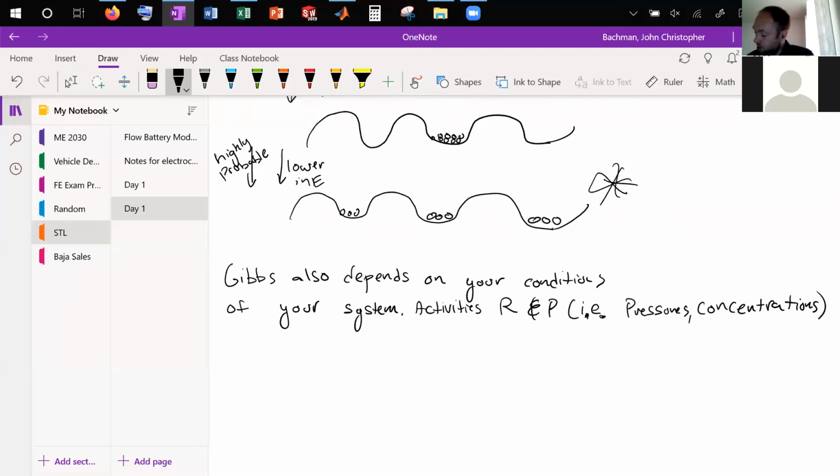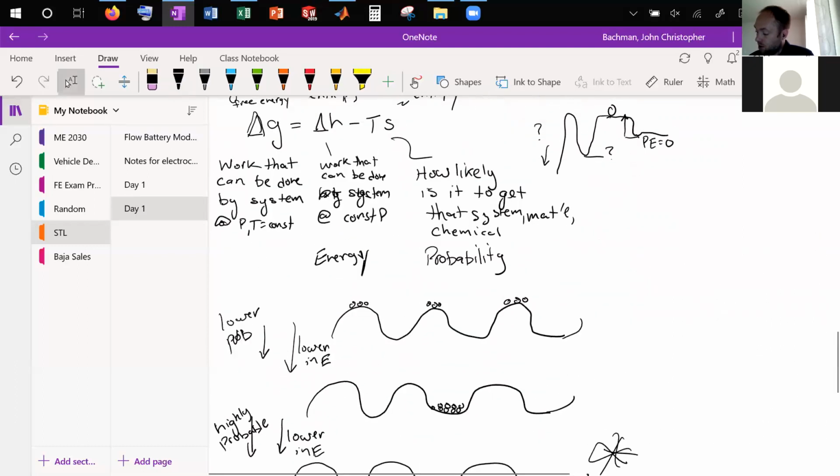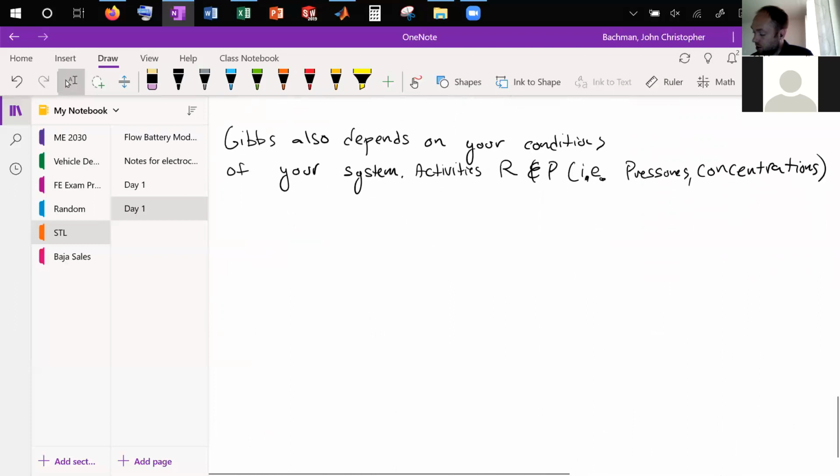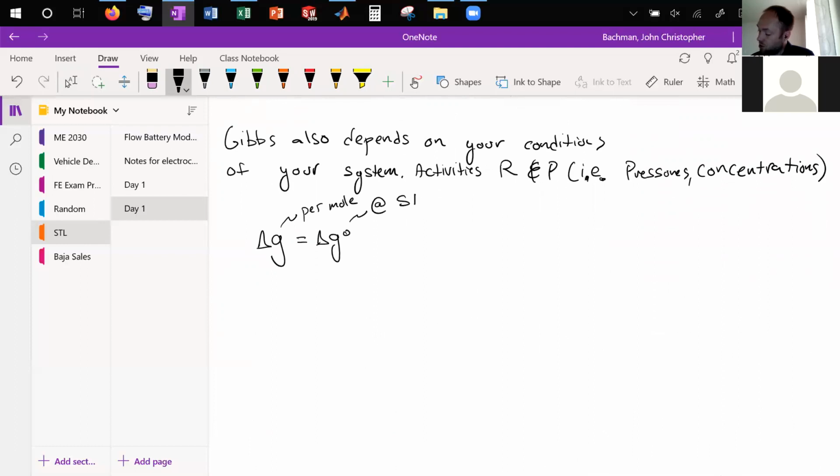So what we'll typically do is, because we don't want to tabulate, we don't want to figure out what these enthalpies and entropies are under all different conditions, we'll typically say, okay, well, the Gibbs free energy, and the lowercase is usually on a per mole basis, is going to be equal to some Gibbs free energy at standard temperatures and pressures and other conditions, right? Obviously we have concentrations in there, right? Plus we'll have a term, this RT, RT natural log of